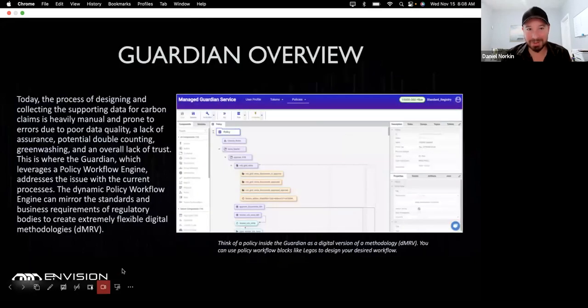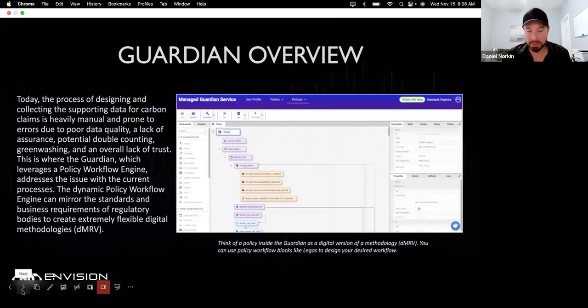We're going to be talking about the Guardian the whole time, but just in case you haven't heard of the Guardian, there's really a need for addressing carbon market issues such as fragmented reporting, verification, and data integrity issues. There are high costs of verification. There's a lack of real-time data. So this is where we wanted to come together and put together the platform called the Guardian.